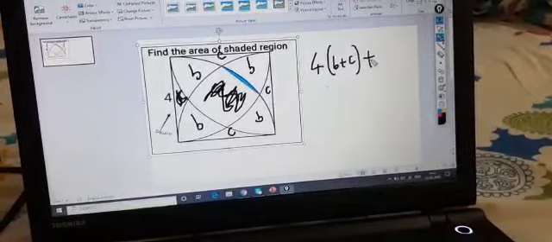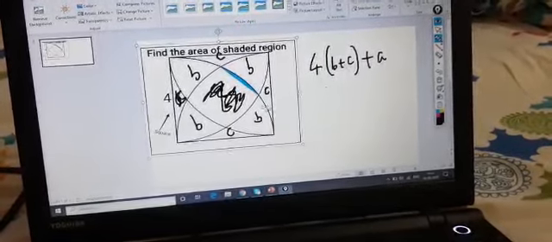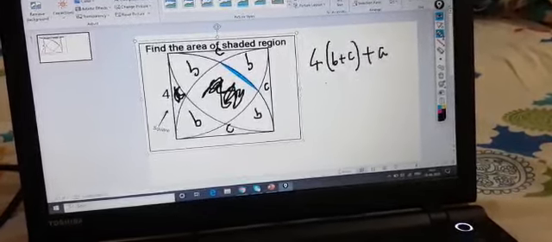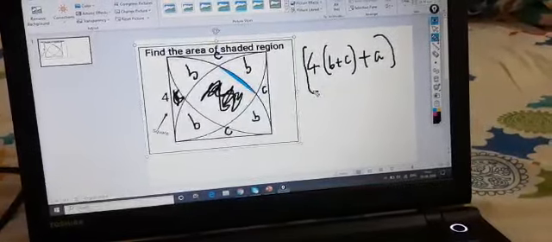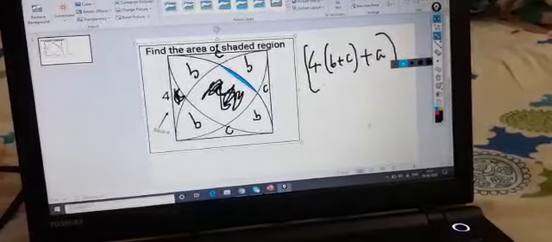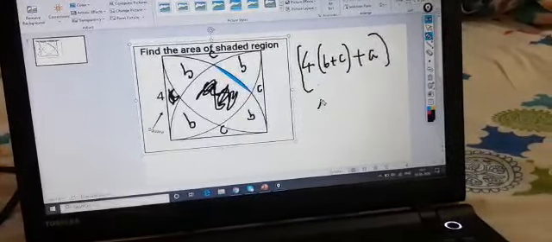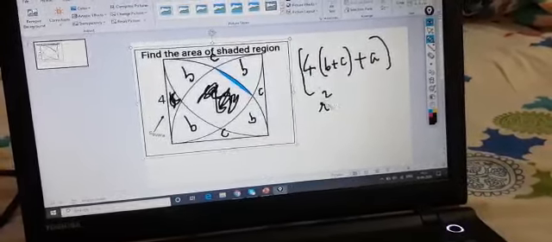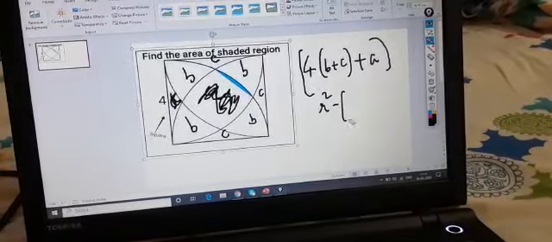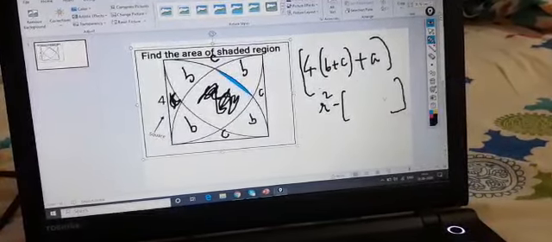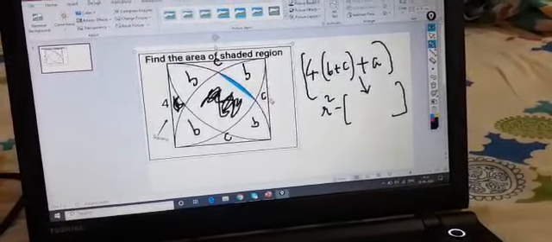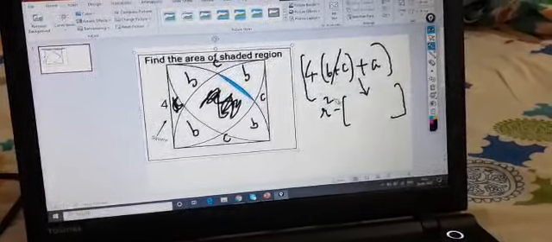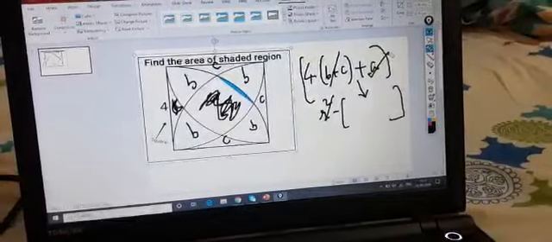Let me call it as a. Okay, it's already called a. So this, if I subtract from area of square, which is here 16, let me write it as r square, area of square, minus this bracket. We have found out value of b plus c. So this value you know, this value you know, you consequently get value of a.